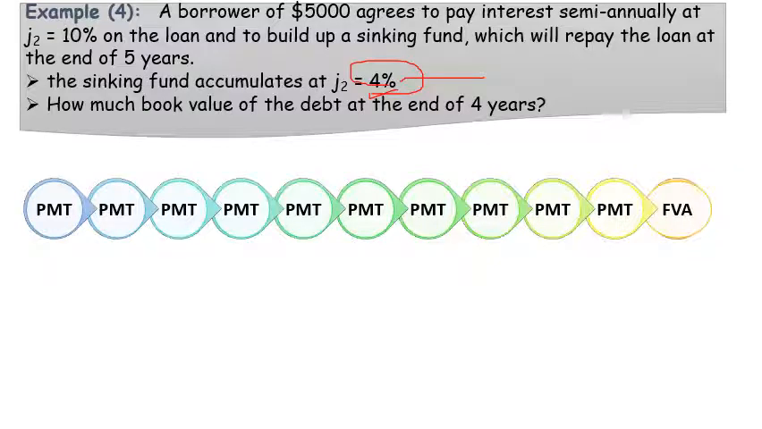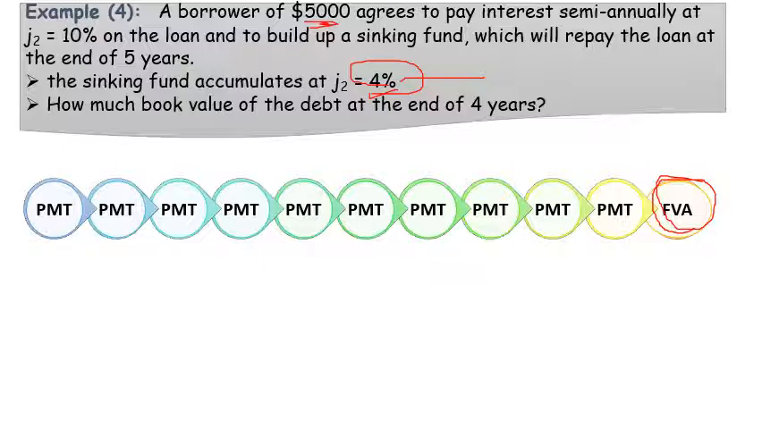Okay, in this exercise, this borrower will set up a sinking fund to have the required amount at maturity after 5 years. He wants to have $5,000 to fully repay the principal. So he will deposit